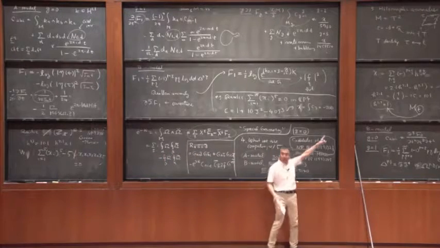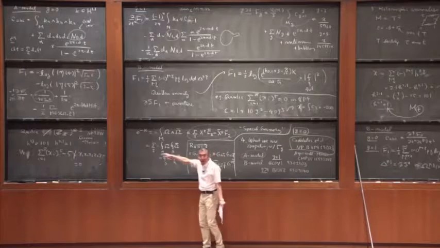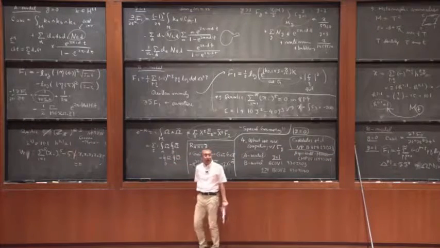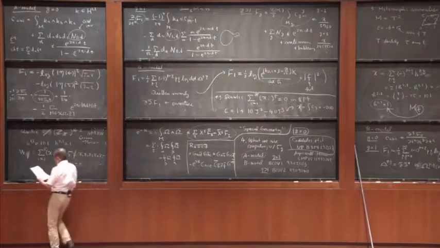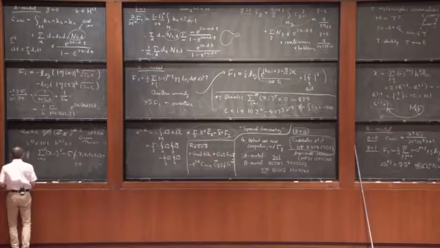That should be the same for A model and its mirror B model. So if you compute the flat coordinates, then you can understand the mirror map. And therefore, the mirror map should be T